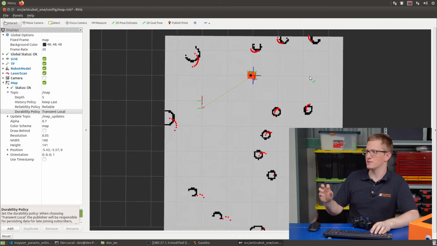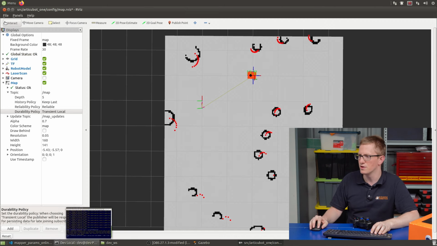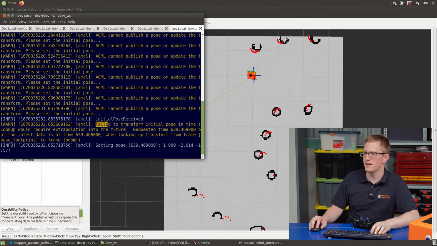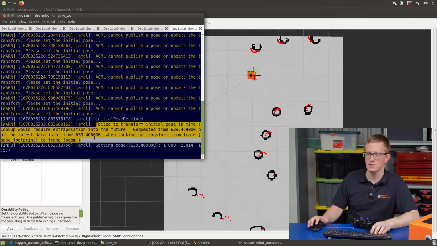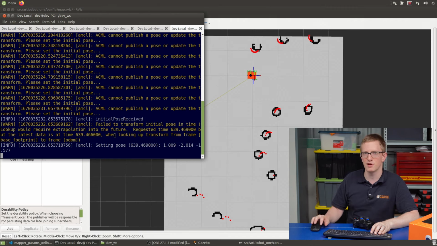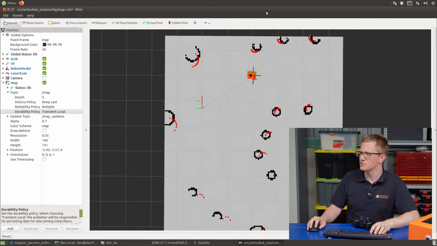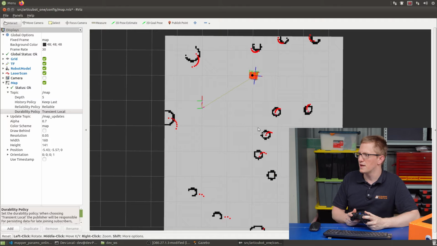And you can see AMCL thought for a second and then found the robot. You might notice it printed this "failed to transform initial pose" issue. That can cause problems sometimes, but for now we're just going to roll with it. So you can see it's found where we are. It's got things a little bit wrong, but if we keep driving around, what we'll generally find is that it